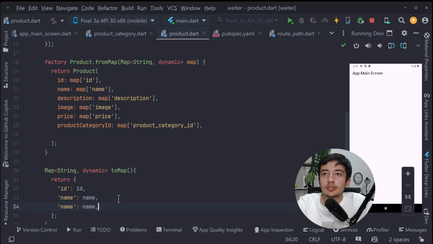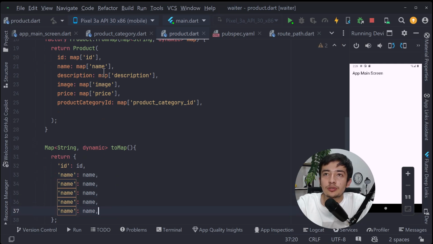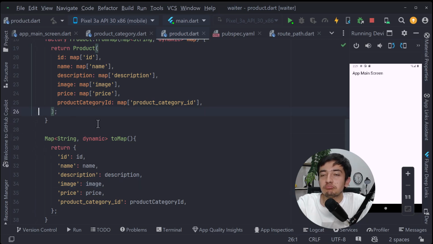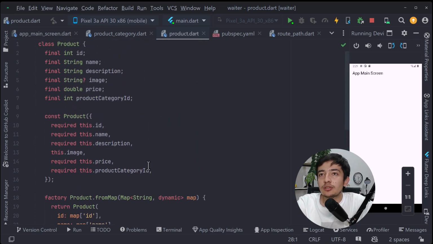ID, name, description, image, price, category ID, something like that. Well, we have created our model successfully. Now we should think about creating our database part. We should create